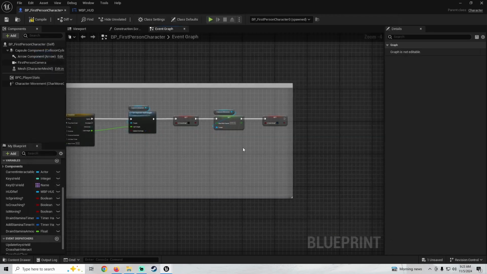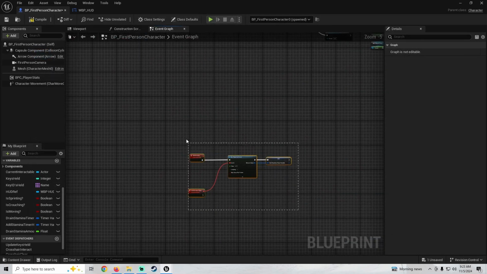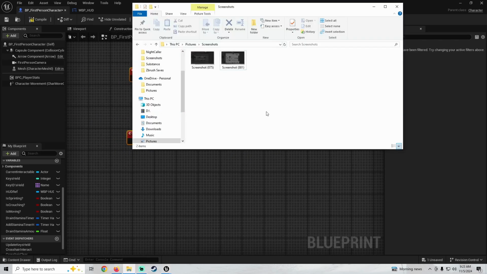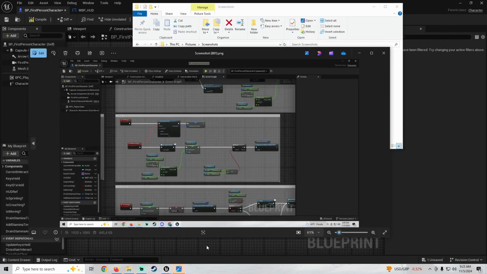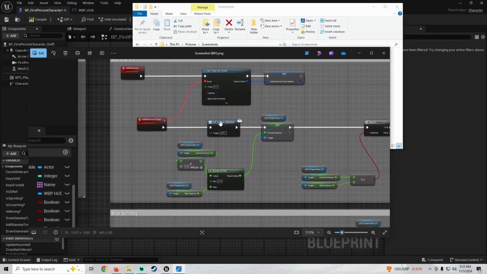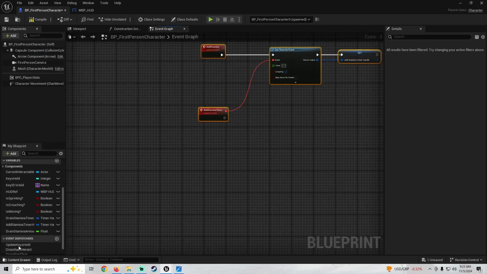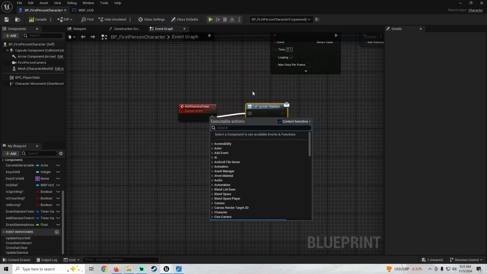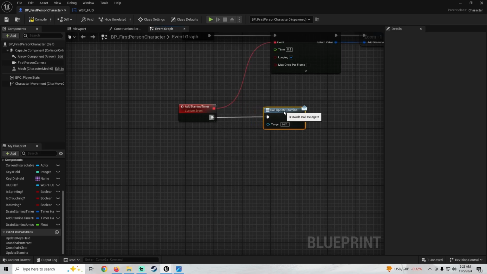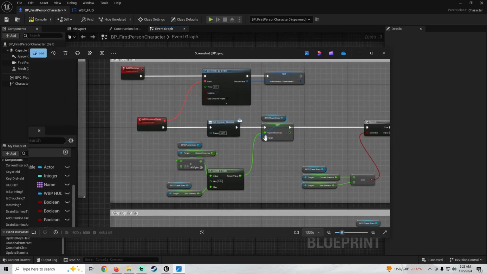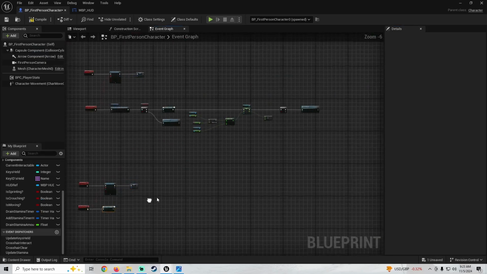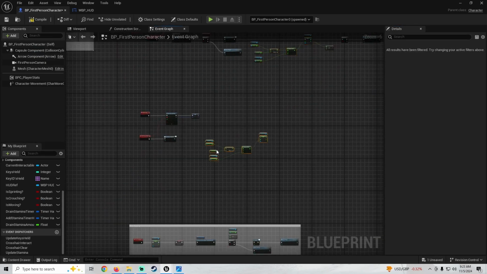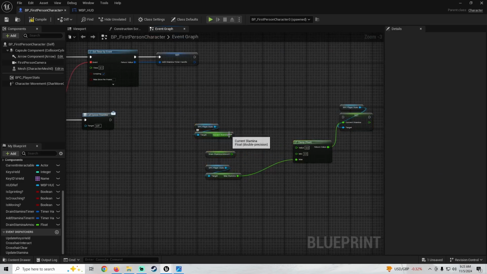Yeah. So all we need to do is finish our add stamina function here. So let's do that. What we're going to do in this one is call update stamina. Immediately call update stamina. Call this. Plug this guy in. And we're going to do some maths here. So I'm just going to copy the maths we did right here, and all we're going to do is change this subtract to an add,